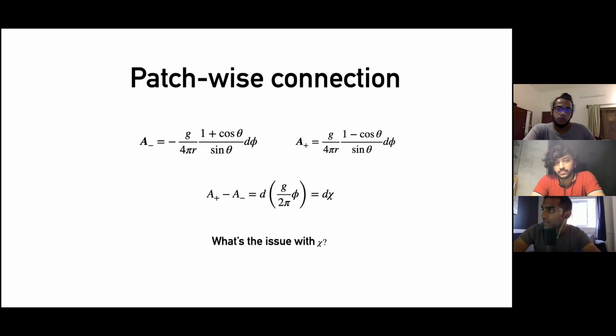And as you'll notice, this connection is defined everywhere except for an axis. So the field strength is localized at a point. But you see, the connection can't just be localized at a point. And why is that? Can you guys see why? I mean, it's the nature of the connection itself. Well, it's really simpler than that. It's like saying, if I took the